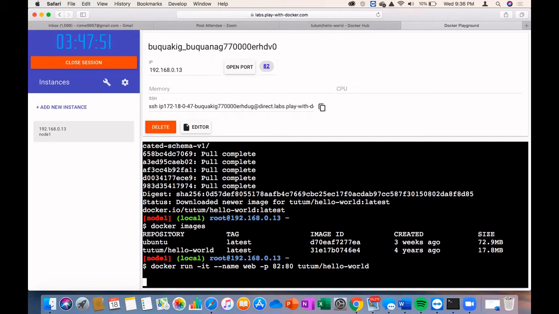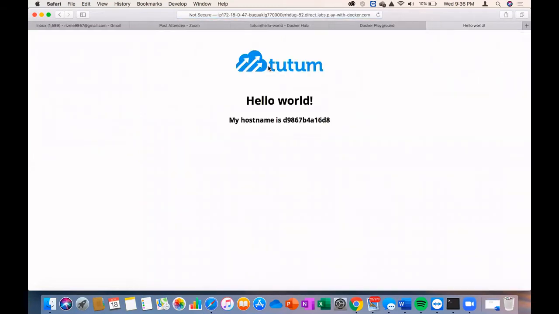On a C, open port, and it's written 82 in a blue color. Yeah. Hit that one. Good. So your website is now running, right? Correct?